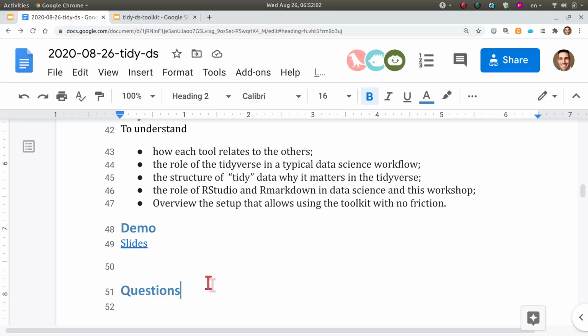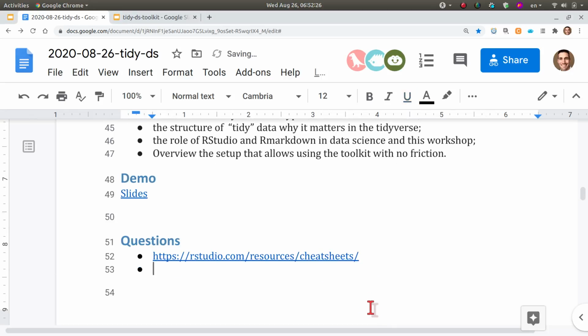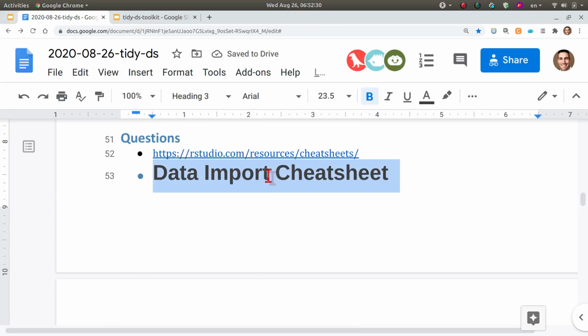I'm gonna put here one bullet point with a link to what are called cheat sheets. This is mostly for you, Daisy, who showed interest in tables. There is a bunch of information there, but probably the one that I recommend is the data import cheat sheet. Oops, sorry, this is not the font that I wanted.